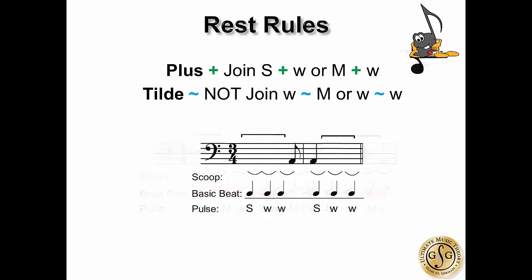In 3/4 time, the pulse is strong, weak, weak. In the first measure, we always start with what we have. We have 1/8 note and we add 1/8 rest to complete beat 3. We add the plus sign to combine the strong plus weak pulse into 1 half rest and cross off beat